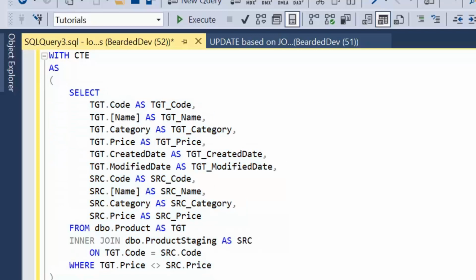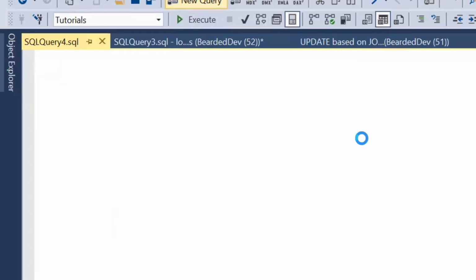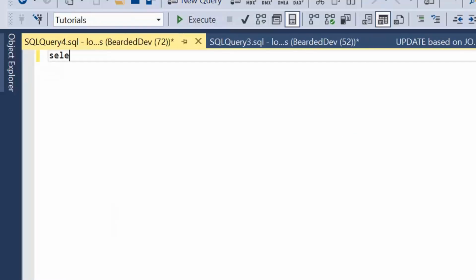Now the last thing I wanted to move on to is some sanity checks regarding update statements. So again, updates are permanent once they're committed, the changes have happened, so it's important to get this right. So one of the things we could do is we've talked about our identifier being code. So one thing we could put in as a check is if we have a look at our product staging table,